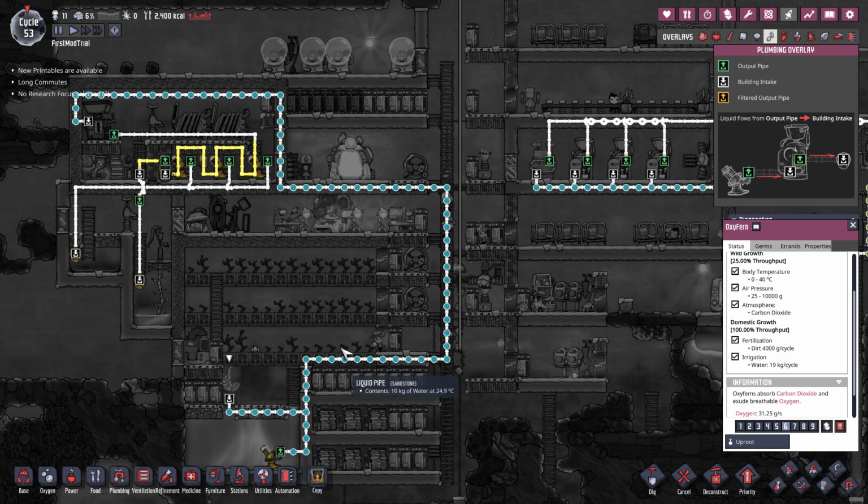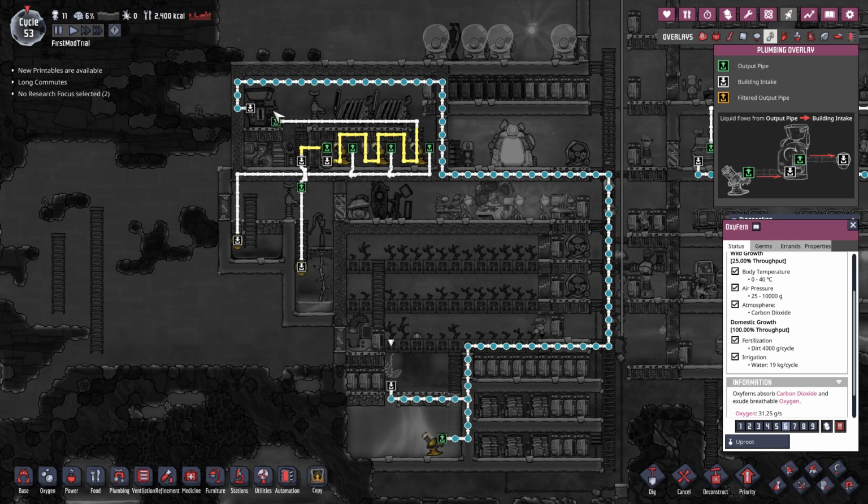Just deconstruct this right here. Up here. Over here. In here. That would output here with polluted water. It would go... Well, it wouldn't go down here. It would go...